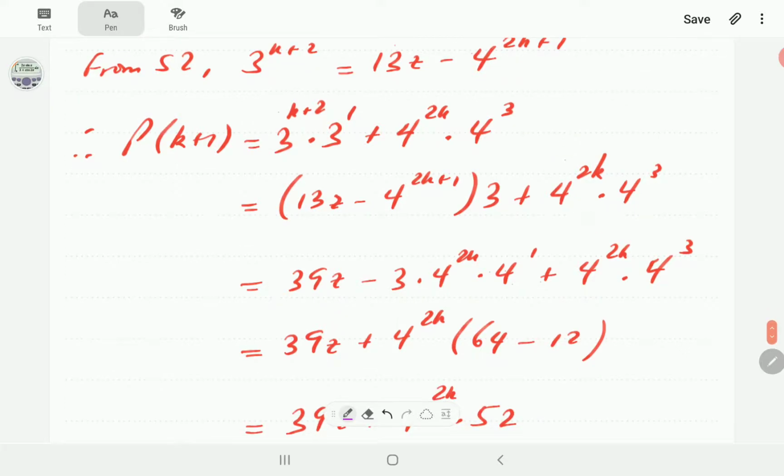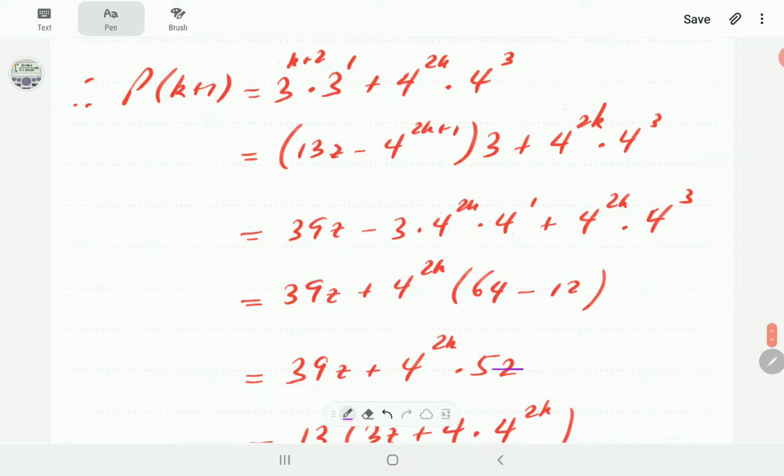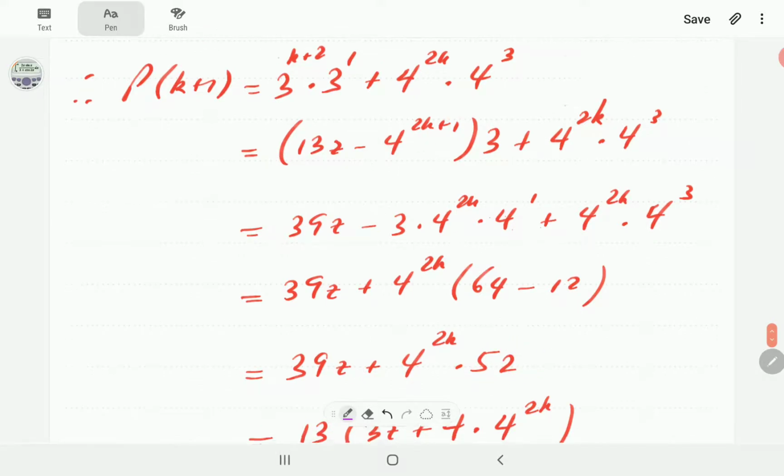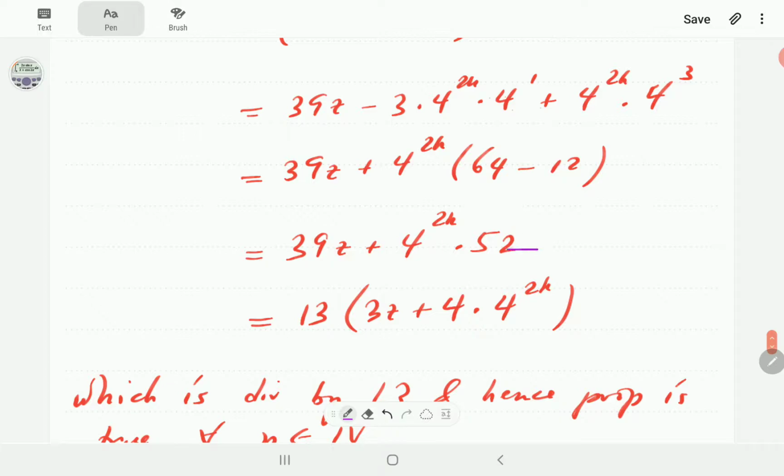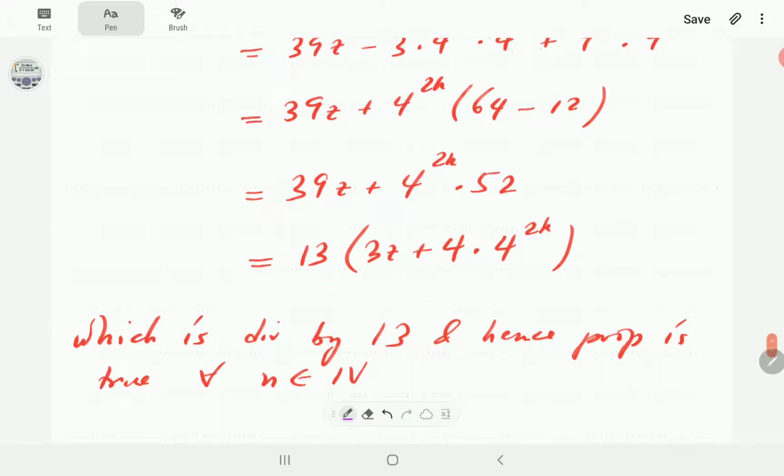Now 4 to the power 2k is common. We factor that out. It's going to give us 52. Then 13 is a factor of this and this. 13 goes 3 times here and 13 goes here 4 times. Now there's an integer, that's an integer. So this now is 13 times an integer. So this is divisible by 13